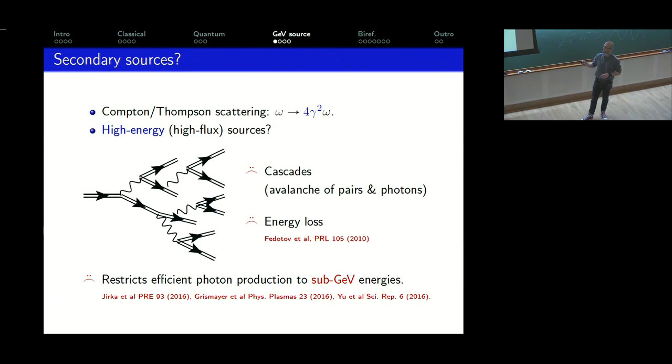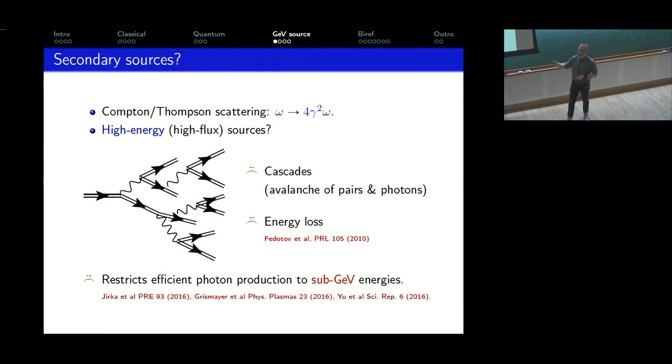Well, this is where these cascades and back reaction effects come back to haunt us. You can try colliding your electrons with high intensity lasers and hoping that you'll get an upshift of the emitted photon frequency. But if you get any high energy photons emitted, they'll just get eaten up by the laser and converted back into electrons and positrons. And so you might generate high energy photons, but they won't escape your laser fields. They won't be useful for doing any other science, because they'll just get converted back into matter.